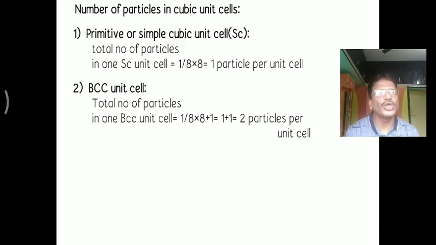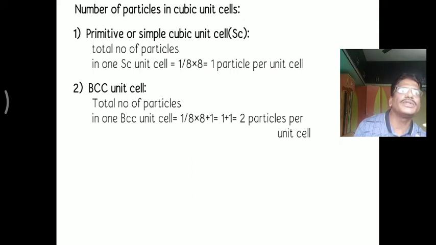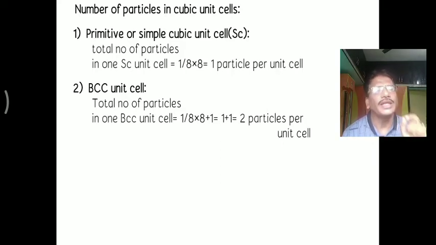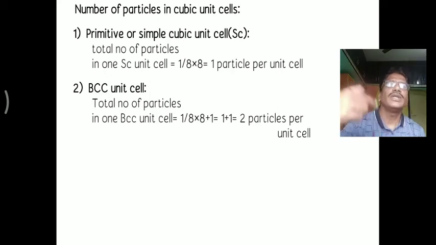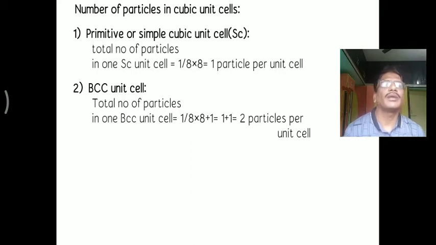If we consider the cube, what is meant by BCC? The cube has 8 corners and 8 particles are present at the 8 corners, and in BCC 1 particle is present at the center of the body. That means in BCC a total of 9 particles are present, that is 8 particles at 8 corners and 1 particle at the center of the body. And as we saw in the primitive or simple cubic unit cell, 1/8 particle is present per unit cell, because 1 particle at each corner is surrounded by 8 neighboring unit cells.